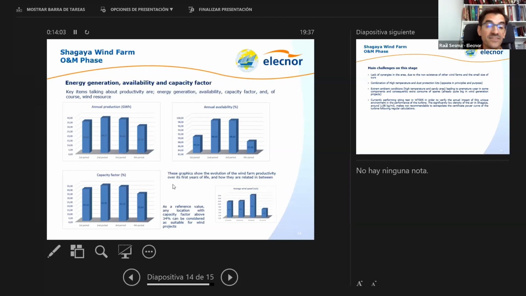Here in Shagaya, the average during the last 4 years is around 40%, which means running at the top of the capacity 40% of the time, which is a quite high value. This makes Shagaya a very interesting place to increase the investment in wind farms, say more than 100 or even 200 megawatts, as this can help create synergies that reduce the maintenance cost of the turbines, as you can make more profit of the staff on site, and also get full support from the manufacturers, because usually they prefer to make an installation of at least 50 megawatts, but surrounded by other facilities, right?